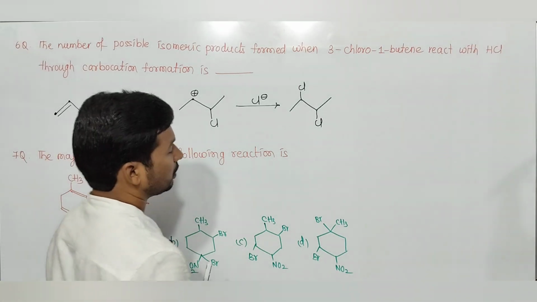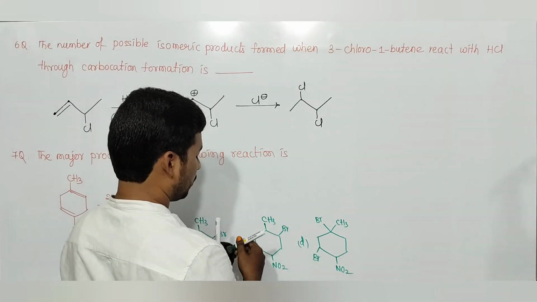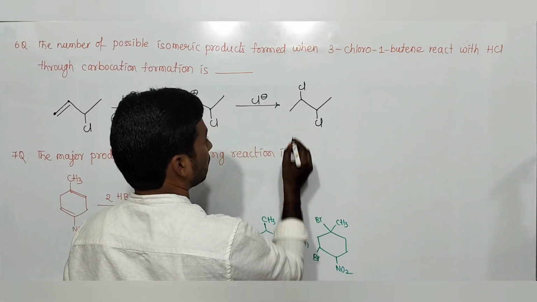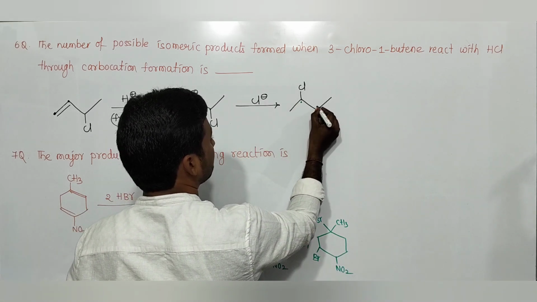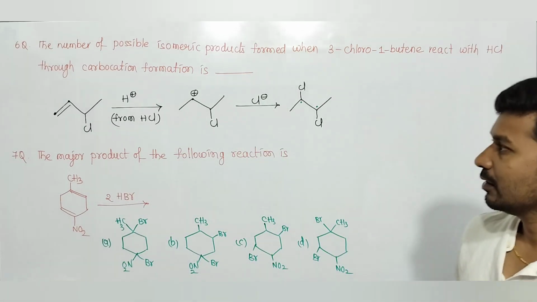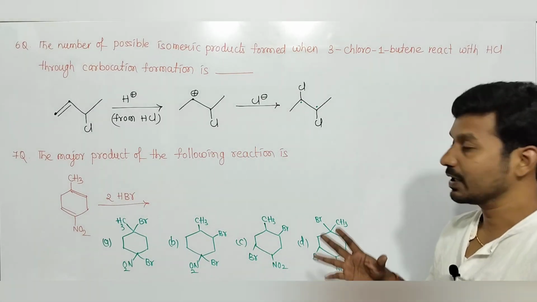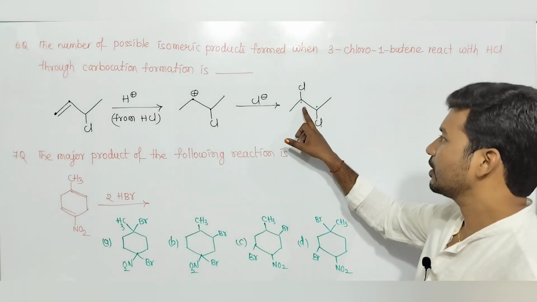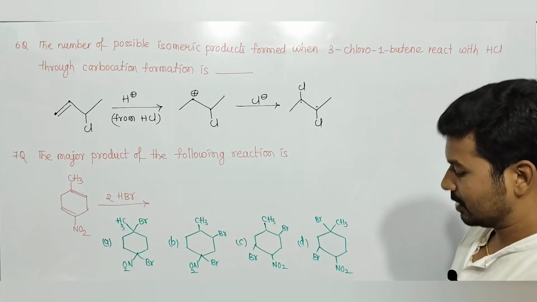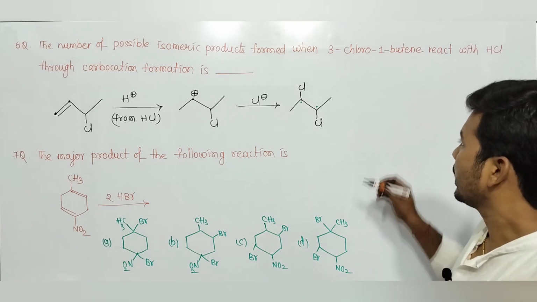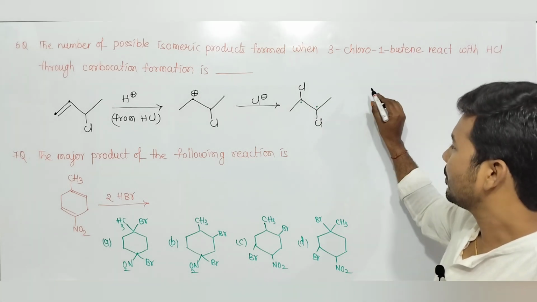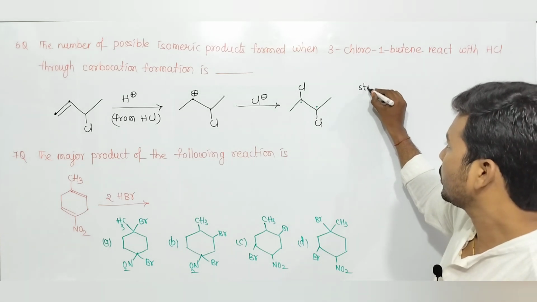Okay. So here for this, how many optical isomers are possible? To say the number of optical isomers, first verify the number of chiral centers. How many chiral centers? Number of chiral centers here are 2. So here the double bond is not there, geometrical isomerism is 0. So stereoisomers